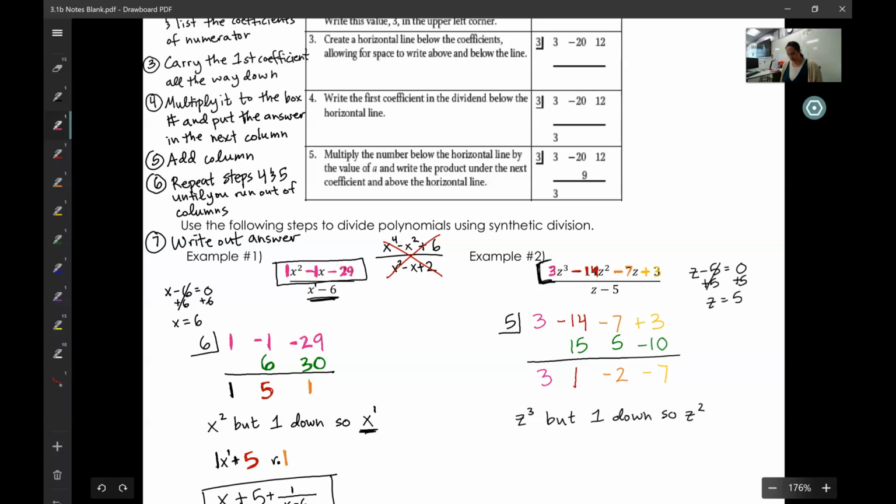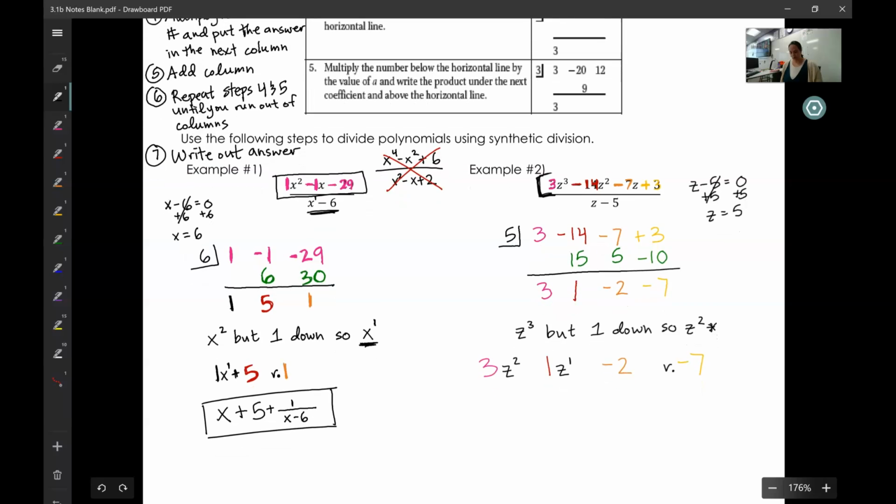So now I'm going to take all of the numbers I got in my answer, and I'm going to start with z squared, because that's what I got here, and then go down. So z squared, so the next one is going to be z to the first. The next one is going to be no z's, z to the 0, and then the last one is my